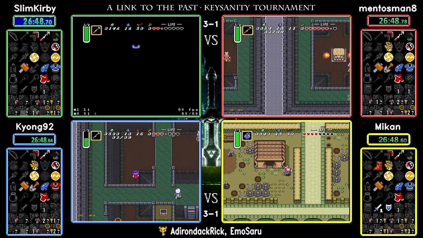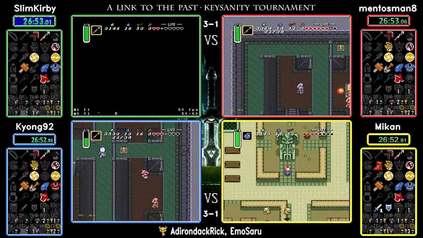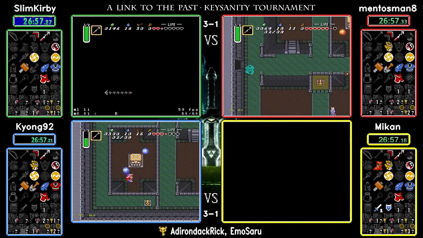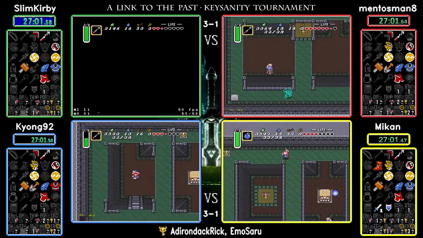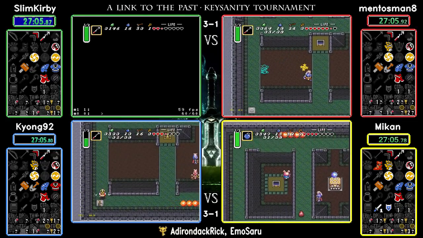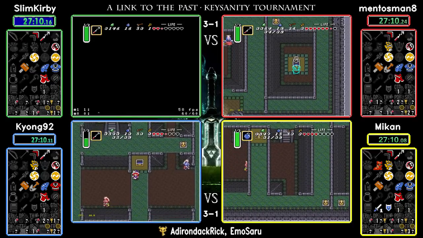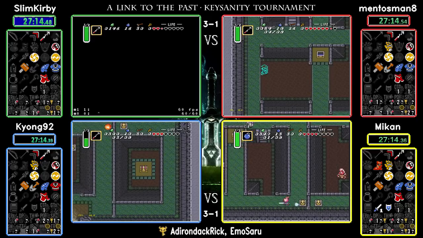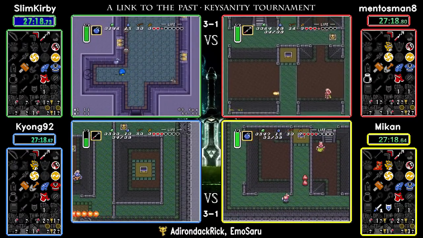So two of our runners inside Thieves Town, SlimKirby just making his way through the rat-infested rooms of the Hyrule Castle. And this is unfortunately a time sink here for Slim, because little does he know there's easier access to these three chests in Sarashala's hut. Absolutely. We do get our first bottle here in Thieves Town. Unfortunately, no mirror, which would have made this really convenient, but...